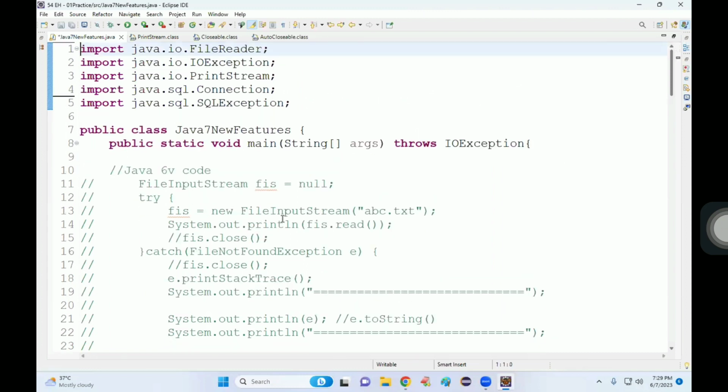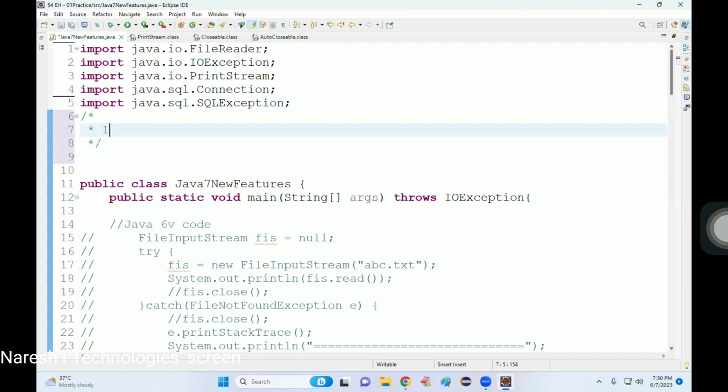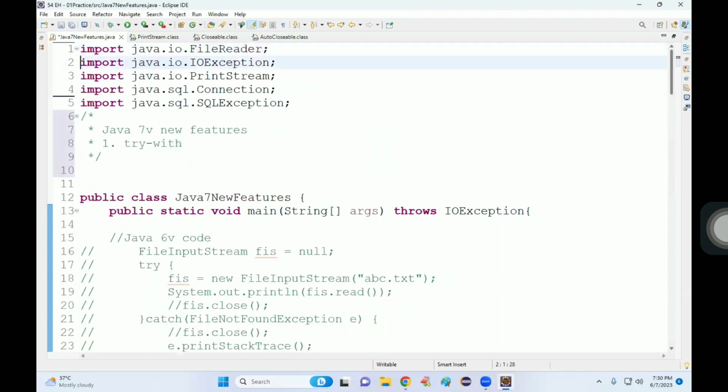Will you practice and remember? What are the 2 features we have in try with resource? The Java 7 new features: first one is try with resource. Second,